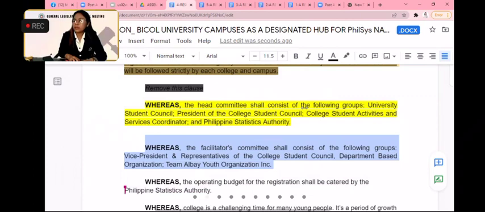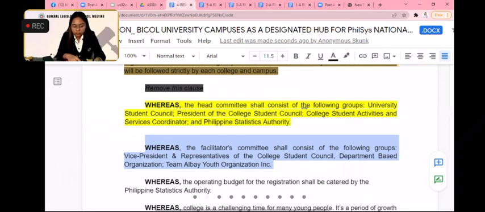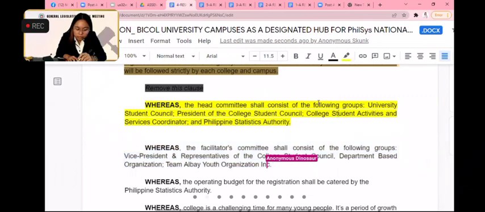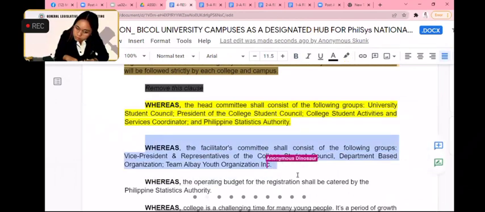Again, are there any amendments to this clause? Madam Chair. Yes, kindly state your name. Mr. Llorente, Madam Chair. Mr. Llorente, you are now recognized. Thank you, Madam Chair. I would like to first ask a question to the author of the resolution. It is indicated for the college student council that the vice president and representative will be included. However, in the department-based organization there are no specific officers indicated, and also